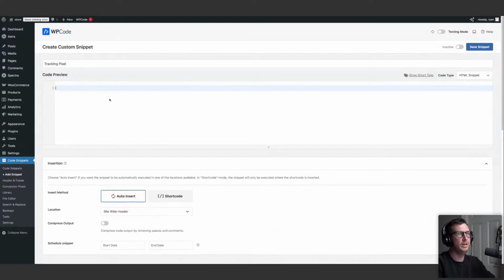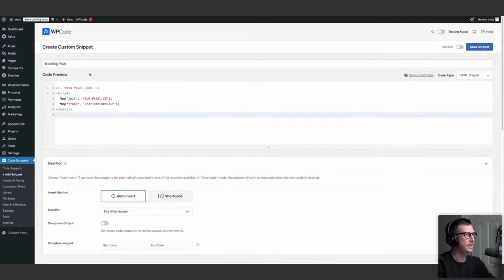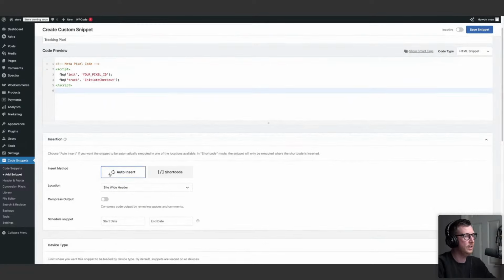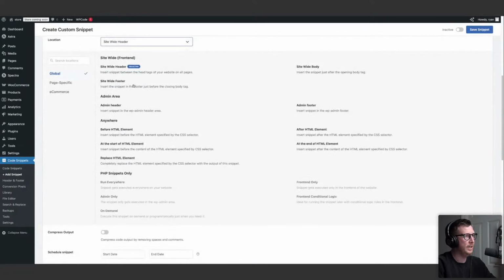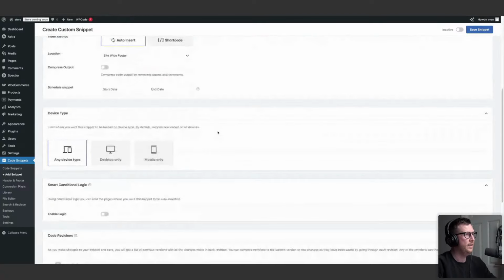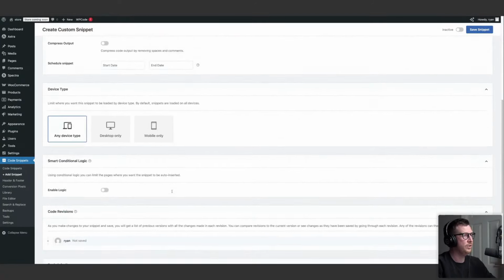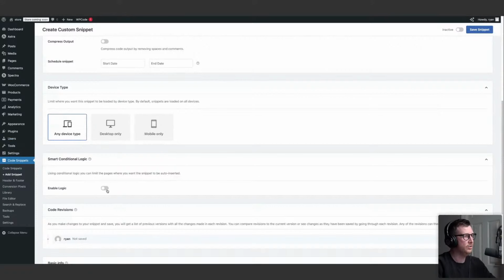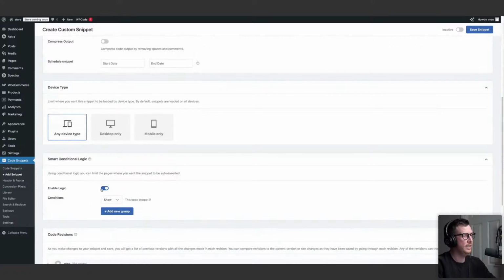In the code preview, you can just paste in your script, and then you want to add it in insertion. You can auto insert in the site-wide header. I'll put it in the footer. And then below that, if you come down to smart conditional logic, click on enable logic, and then under conditions,